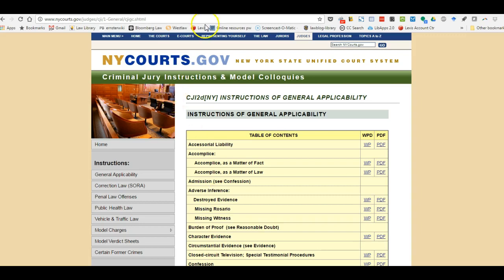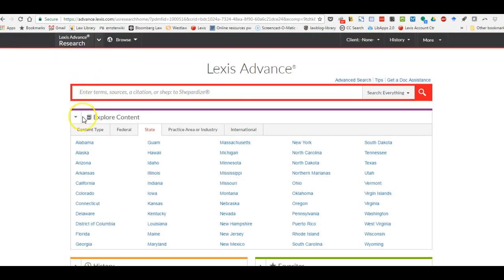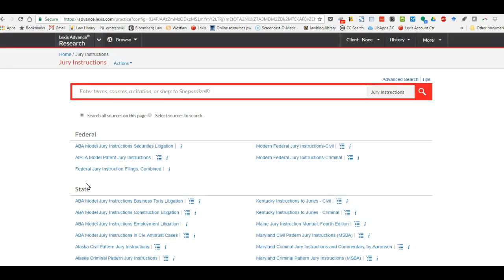Okay, Lexis does have jury instructions, but I have to say, because Lexis doesn't have PJI, which again is a West publication, so Lexis isn't going to have it. The coverage is not nearly as good, especially for New York, because the New York PJI is publisher specific. But what Lexis does, because it doesn't have the source that everybody refers to, is it will